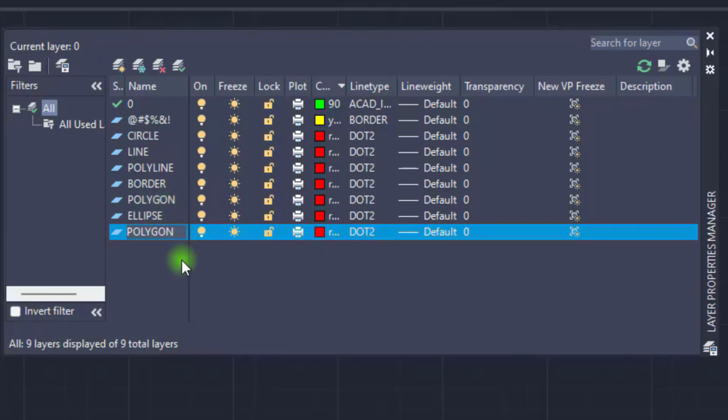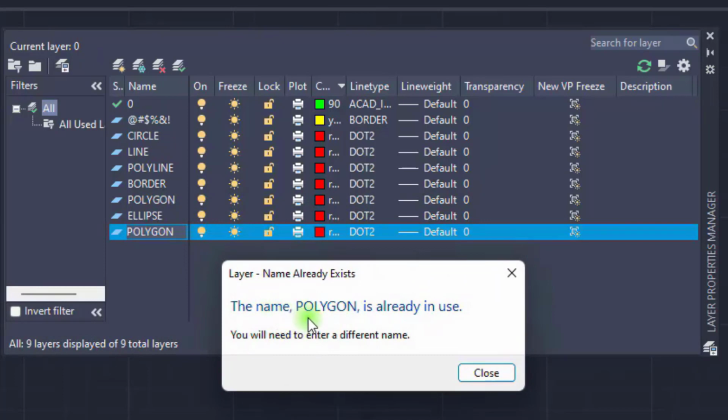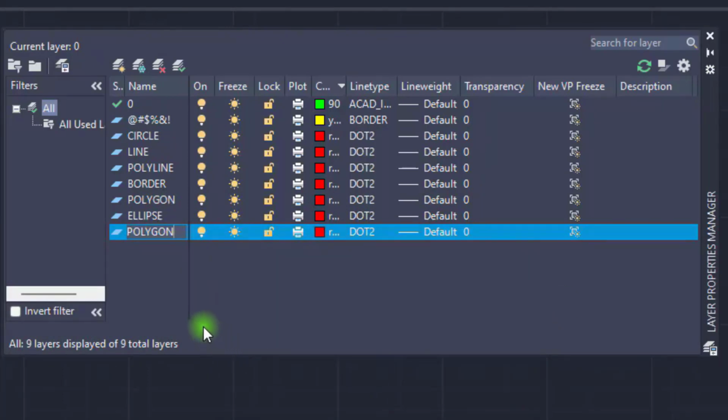What does it show? The name polygon is already in use. So you need to use different names for different layers. The layer names must not match. It is the point you need to remember while dealing with this, and I am giving the name as center. You can give the names as you wish.